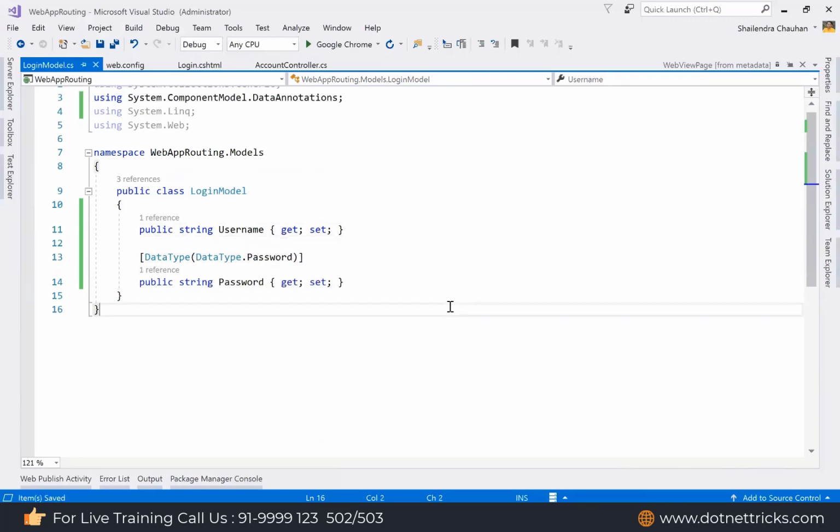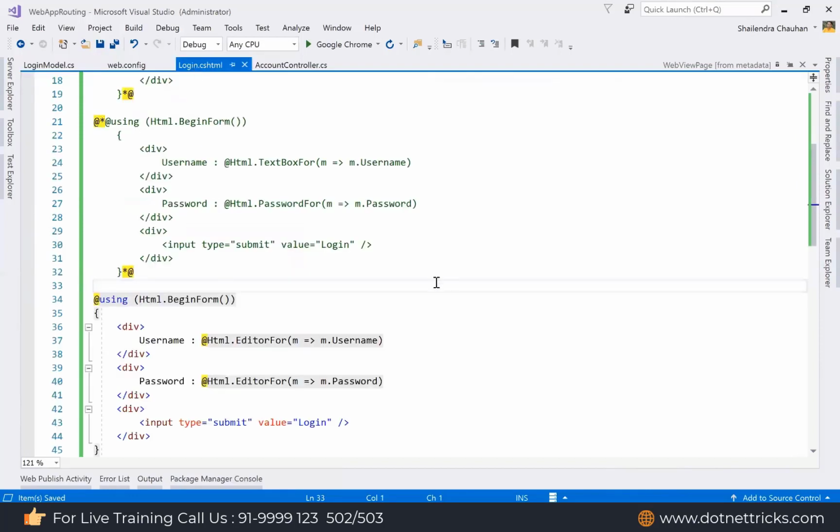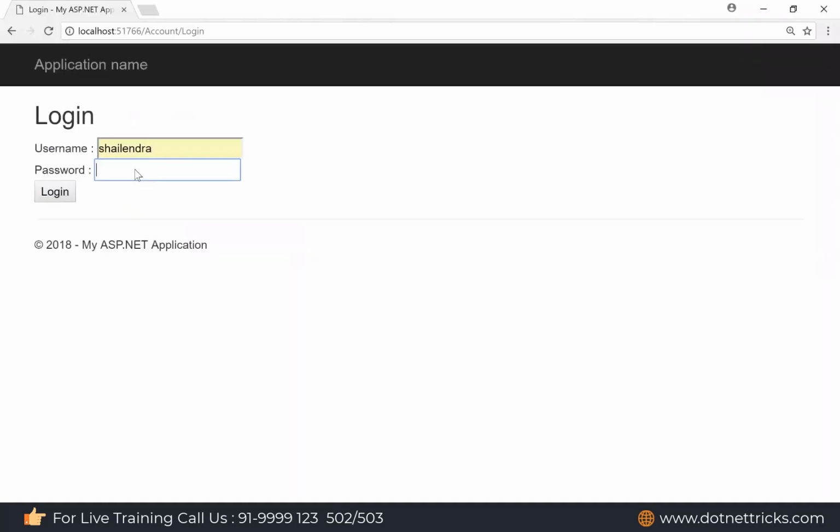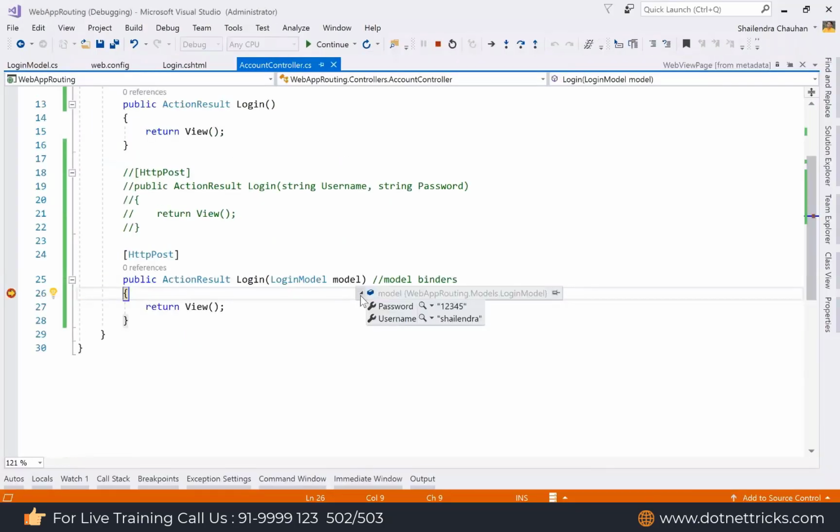This way I can control the rendering behavior for my password text box. Now let's see how it is going to render the text box for the property Password. So I'm using Shailendra and password 12345. You can see we are getting it in the perfect way. And you will get the value, I'm getting Shailendra and 12345.